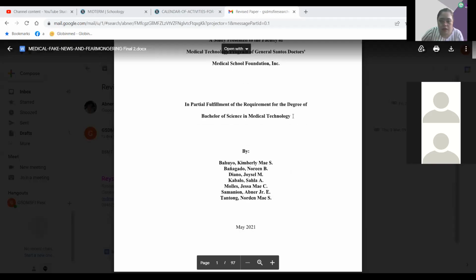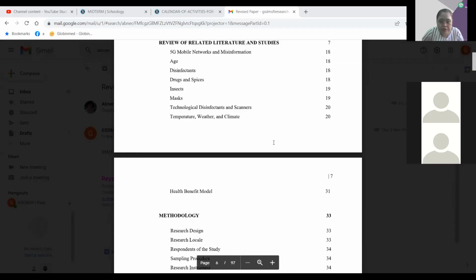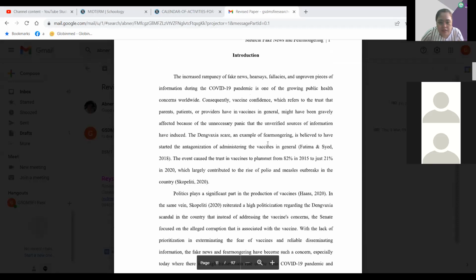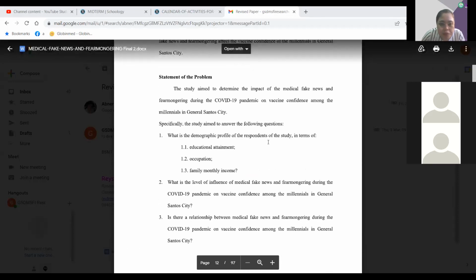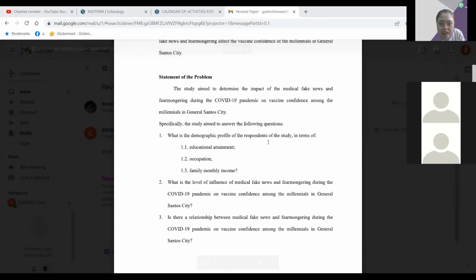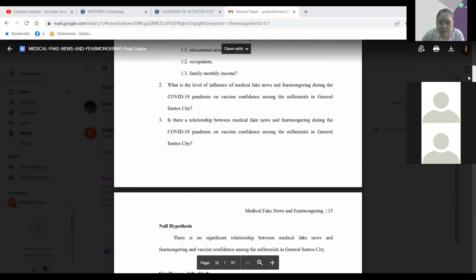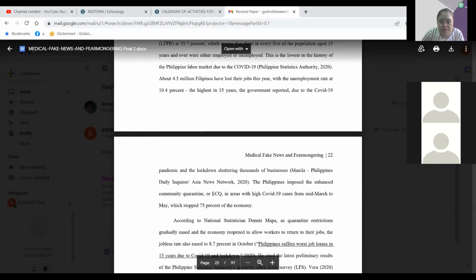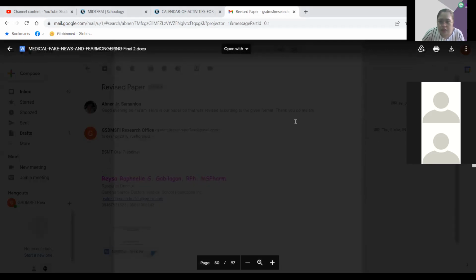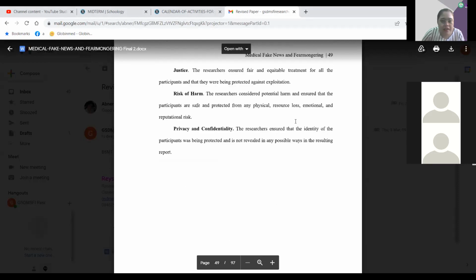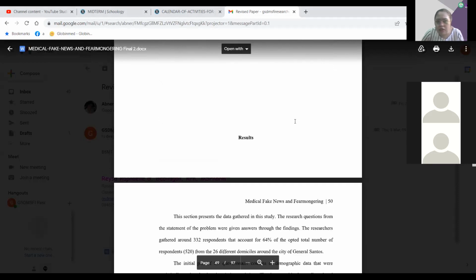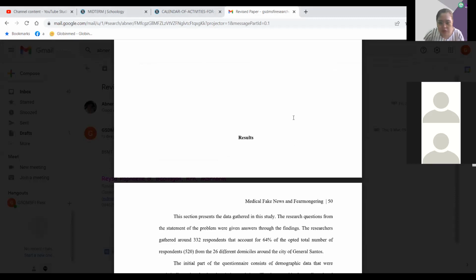Okay, let's see their SOP first. SOP: what is the demographic profile? What is the level of influence? And is there a relationship? Though this one is about whether there is a relationship, nevertheless, let's just have the first and the second question. Demographic profile, and anyway,